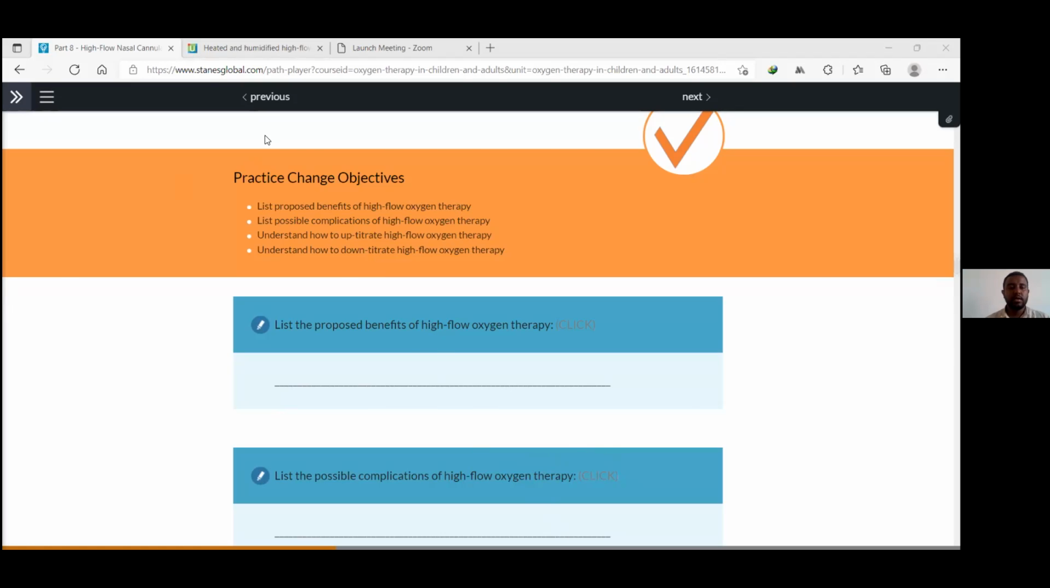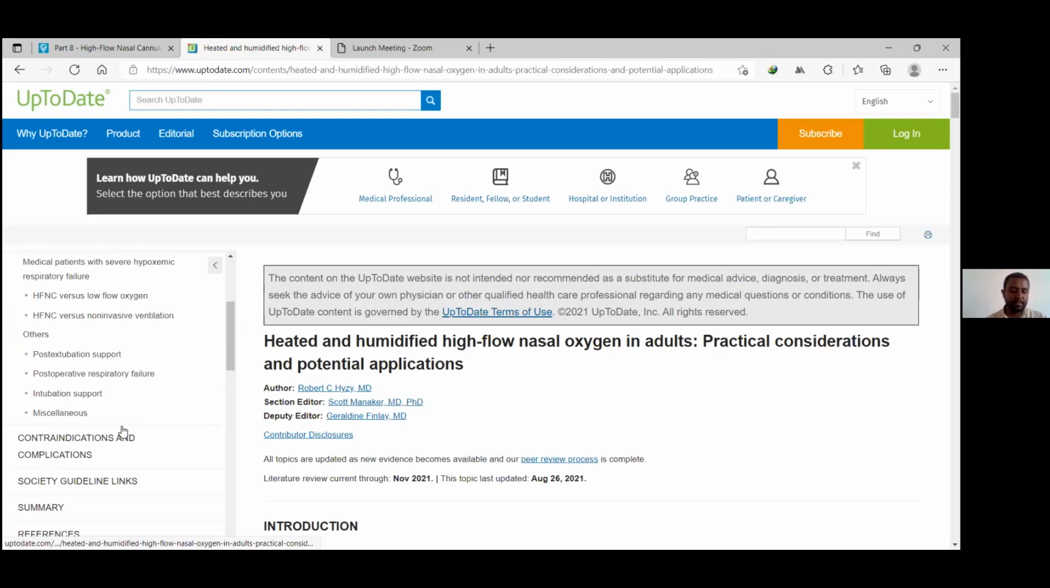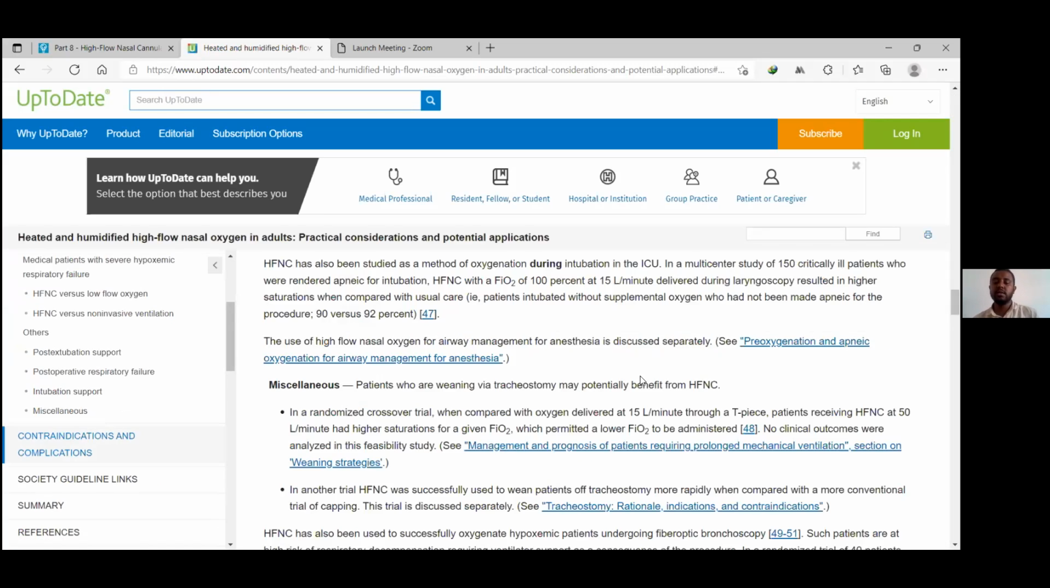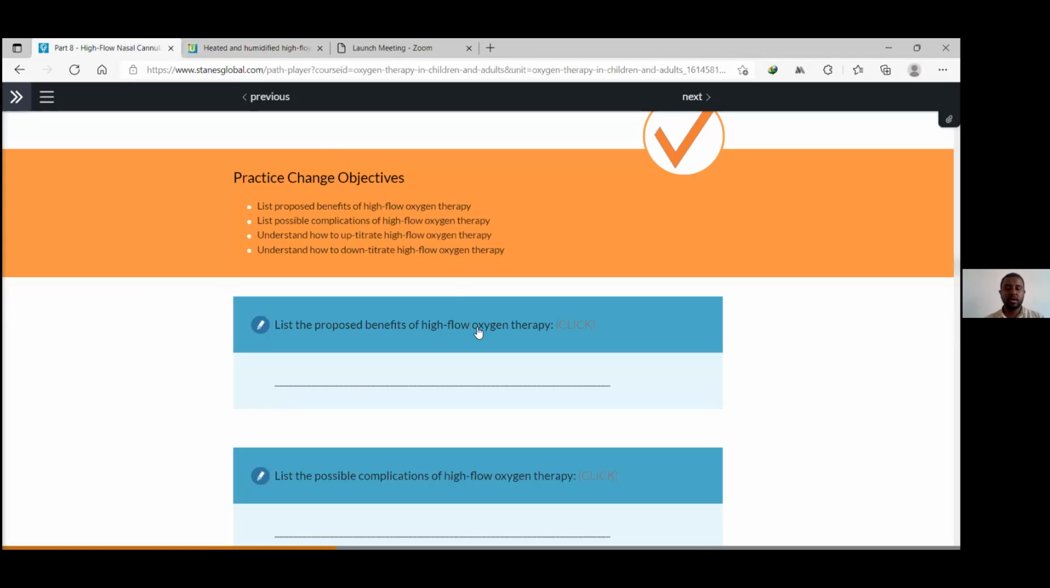Okay. The complications, as you have mostly said, there's not much complications, but there are some grave and rare complications like abdominal distension, aspiration, and rarely barotrauma with pneumothorax can occur in patients who are on high flow nasal cannula. But comparing it with NIVs and mechanical ventilation, the risk of this barotrauma is lower with high flow nasal